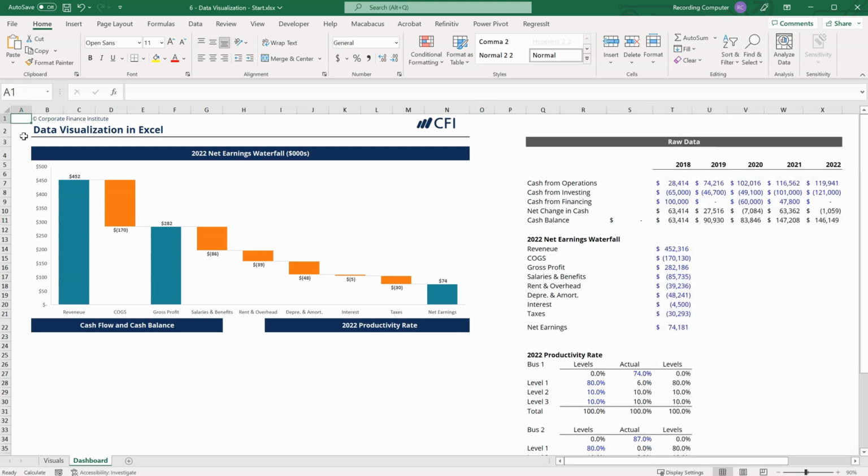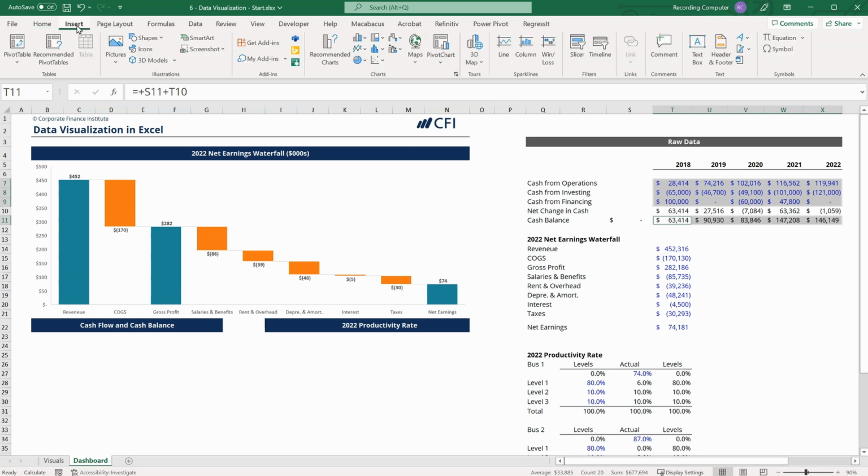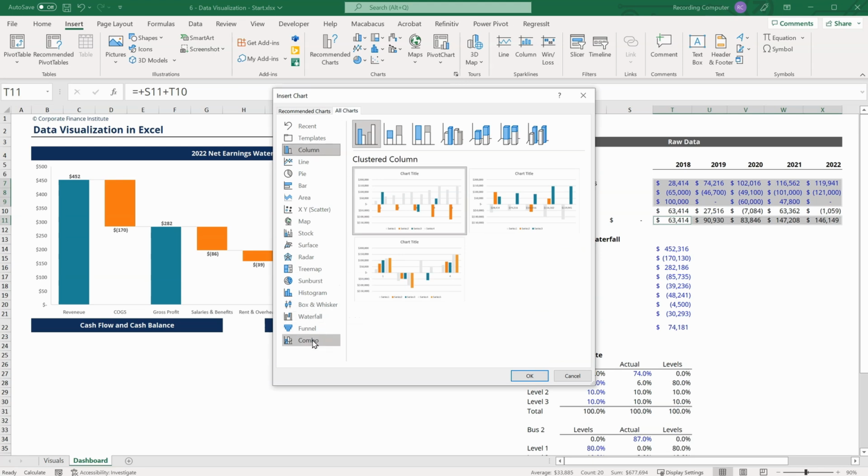To visually represent the cash flow statement and cash balance, we are going to insert a combination chart. The combination of visuals that we will use in our chart are a stacked column chart and a line chart. And we will use the two types of visuals across 4 different data series. Let's start by selecting all of the data here that we want to visualize. So cash from operations, investing, and financing for the 5 years, as well as the cash balance for the 5 years. We don't need to show the net change in cash balance, so we will select all of the other rows as our data. Now we can go to Insert, and under Charts, we can go to All Charts, Combo,